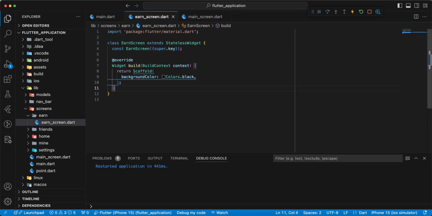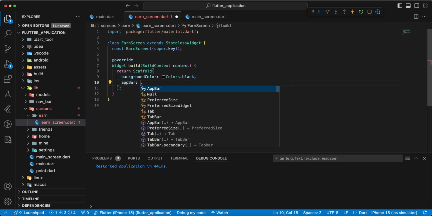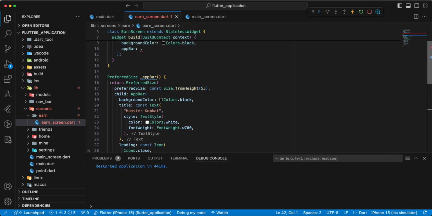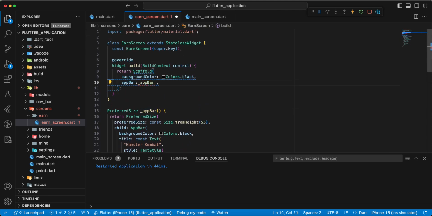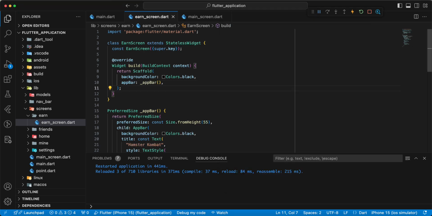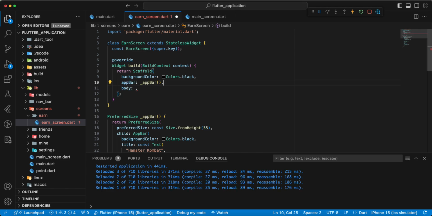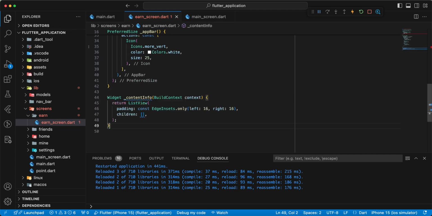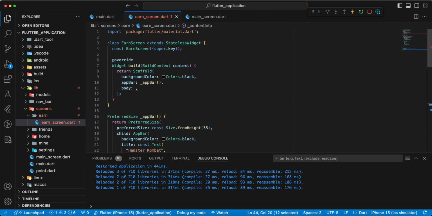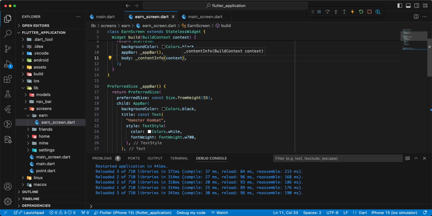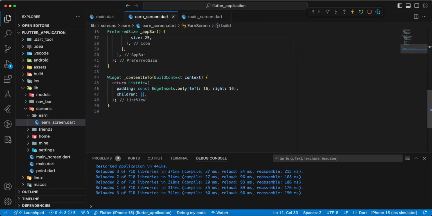open earn screen and add app bar. Then we write body, add content info, add context, then we add logo content info,